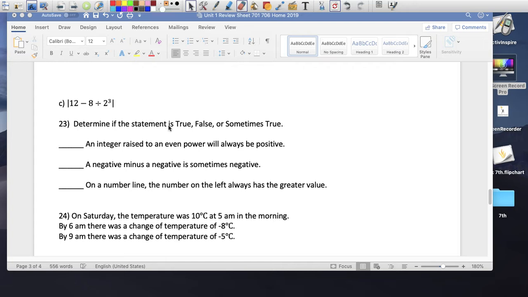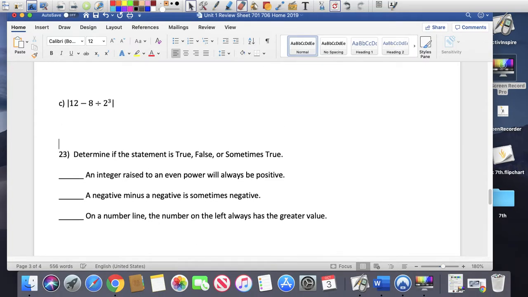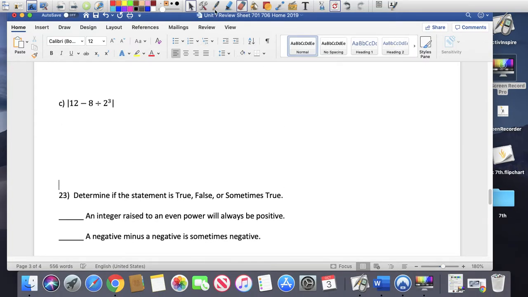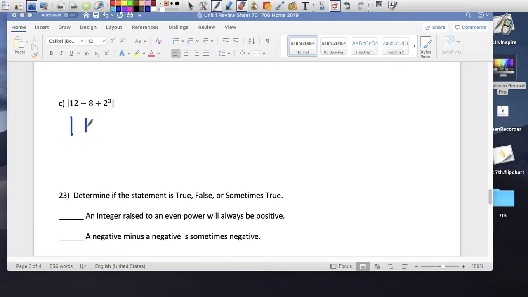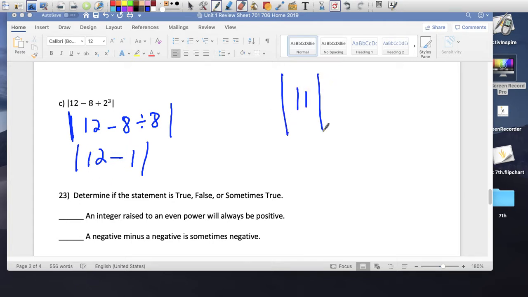Last one is inside the absolute value, so we take that last. We got 12 minus 8 divided by 2 to the third, which is 8. 2 times 2 times 2. 12 minus, and 8 divided by 8 is 1. The absolute value has not been taken care of yet, so 12 minus 1 is 11. So it says here, take the absolute value of 11, which is simply